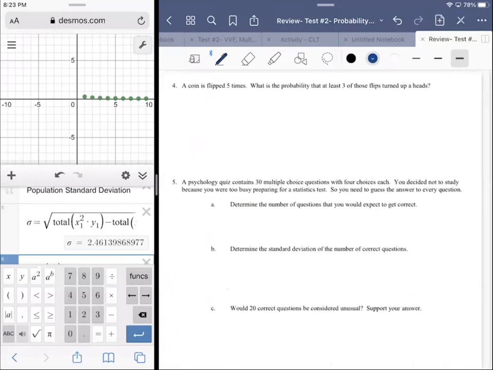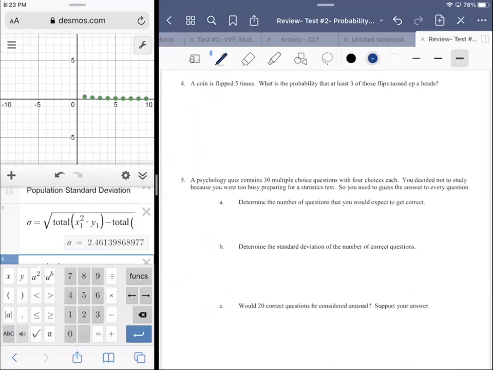Then we get to the juicier ones. A coin is flipped 5 times. What's the probability that at least 3 of those flips turned up a head? Turned up a heads. All right. So,